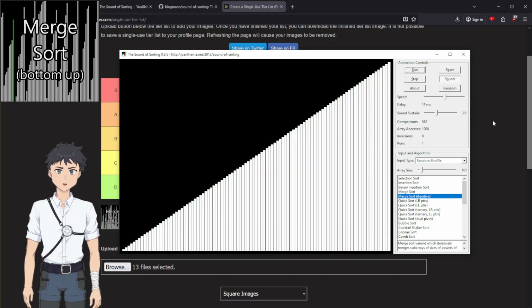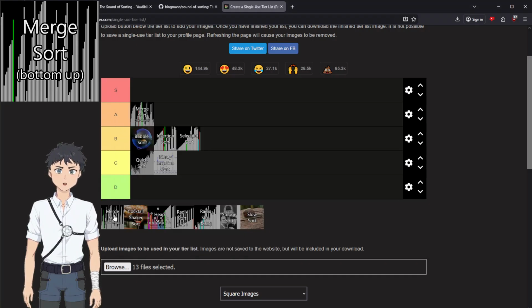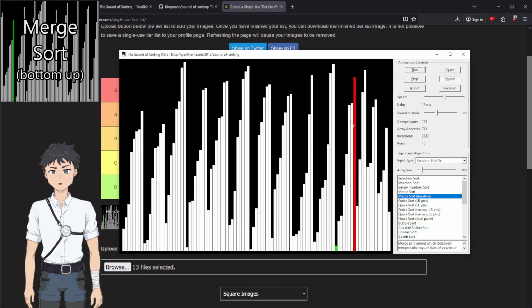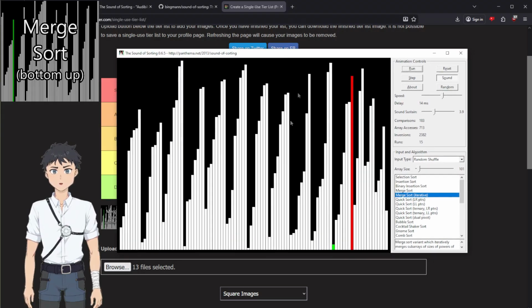Yep, you hear it, but definitely much more interesting, because it's bottom up, right? So it goes through the entire list and then builds up towards the final sorted list, instead of splitting and doing one part and then the other part and then recursively combining, right? So in the middle of it, right now, you can definitely see there's like this